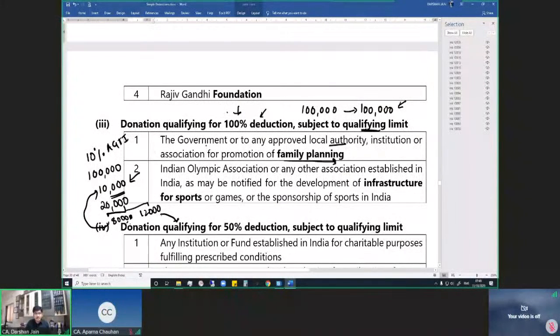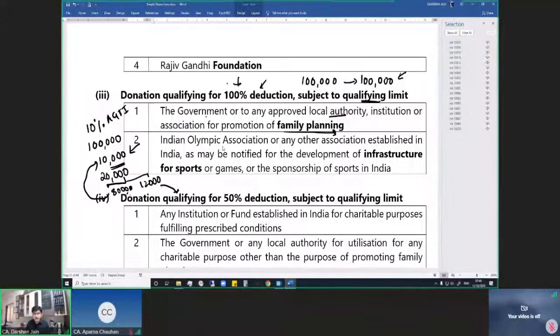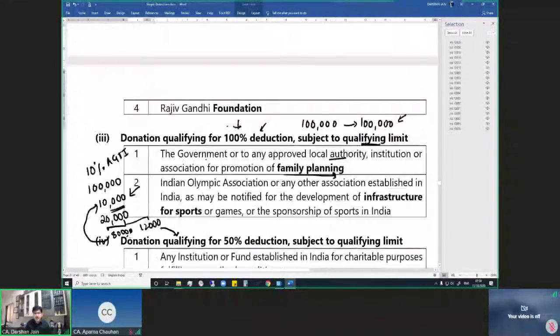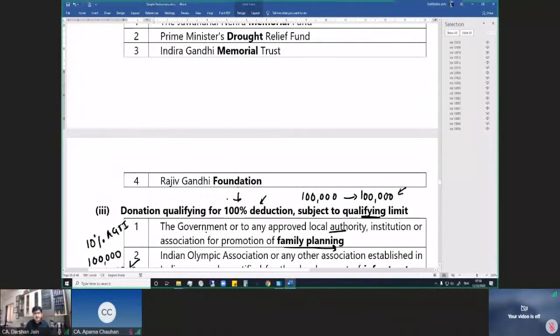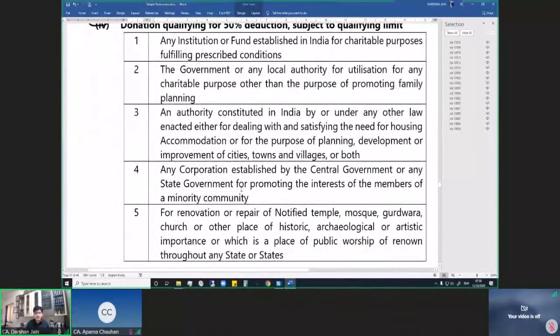Similarly, 100% deduction is also available in respect of donations made to the Indian Olympic Association or any other sports association for development of infrastructure for sports or games, or for the sponsorship of sports in India. So if you're making any such donation to an association or the Indian Olympic Association, that would again qualify for 100% deduction. In respect of 50% deduction, again we've got a list of five, wherein any institution or fund